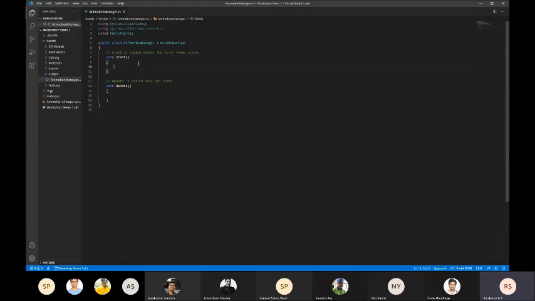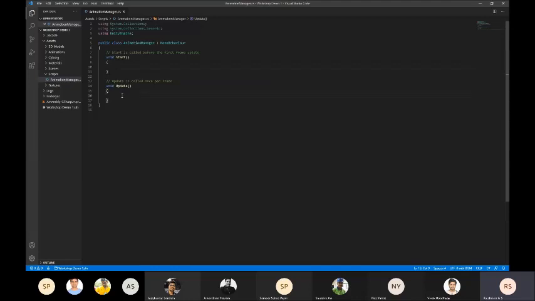So what do these functions do? So let's see. This is a start function. Whatever commands you write inside the start function, all those commands will be called every time you press play, immediately when you press play, right? Start is called before the first frame update. It means as soon as you click on play, the start function will be called.